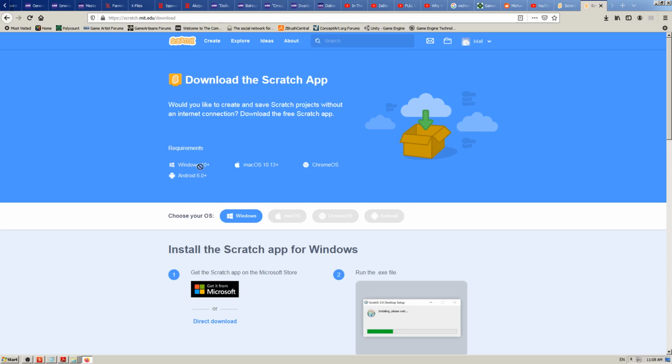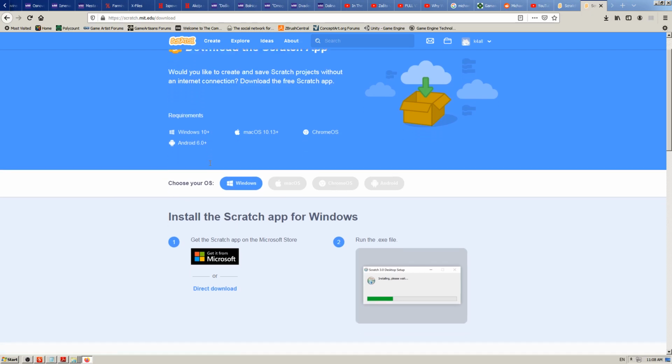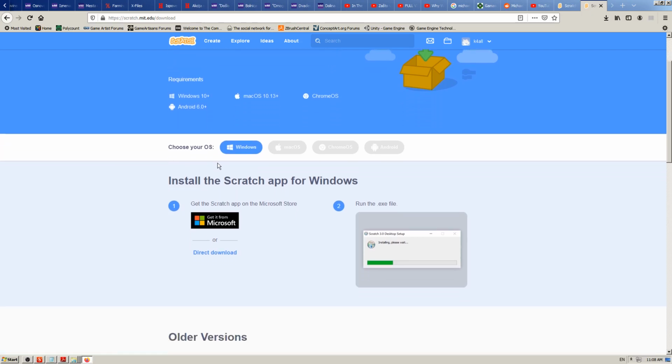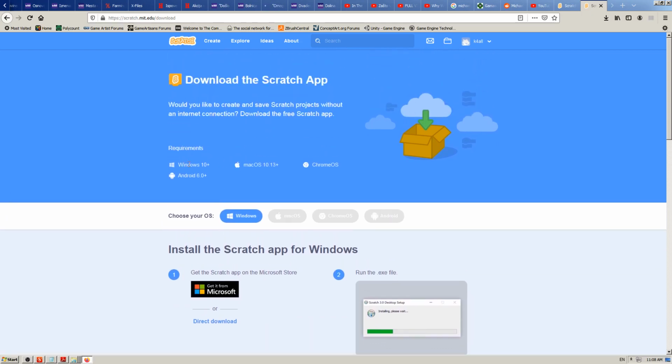The latest version is for Windows 10, Mac OS 10.13 and so on. I don't have Windows 10, I am still on Windows 7. I have to download Windows 10. I have some kind of problems also with Windows 7, so I will probably do that soon, but I will try to install it on Windows 7 nevertheless. But if you have Windows 10, you just